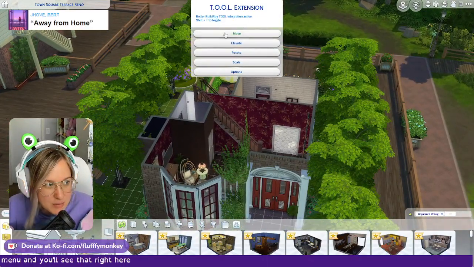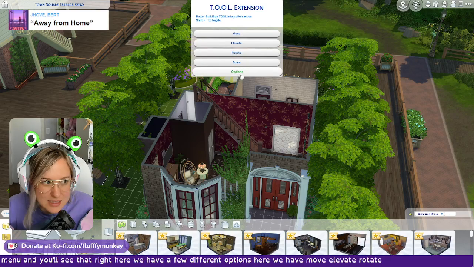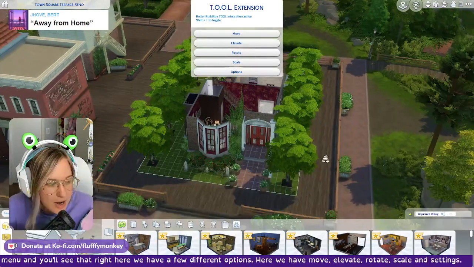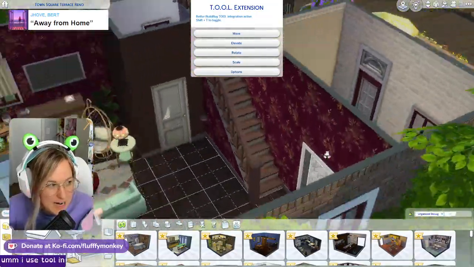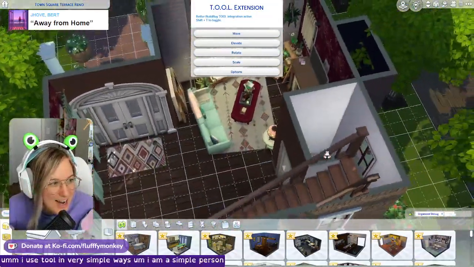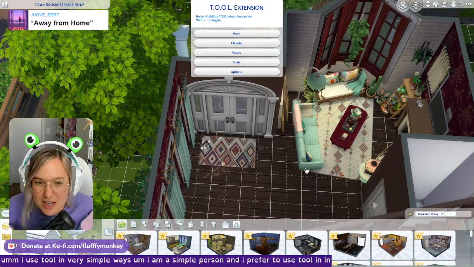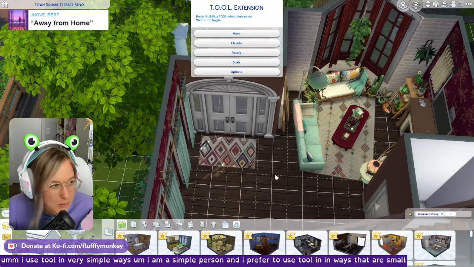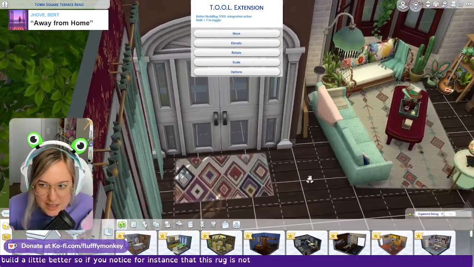We have a few different options here. We have move, elevate, rotate, scale, and settings. Now, I use Tool in very simple ways. I am a simple person, and I prefer to use Tool in ways that are small but make your build a little better. So if you notice, for instance, that this rug is not exactly the size of the door,